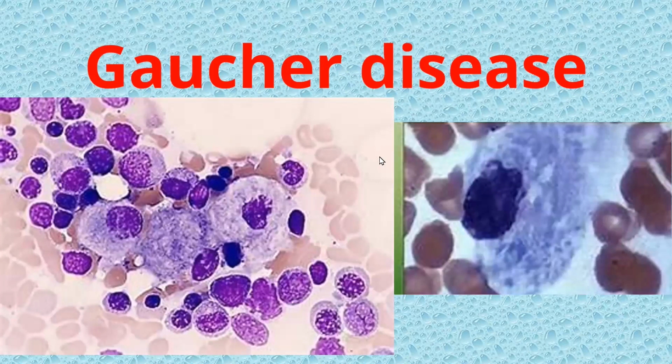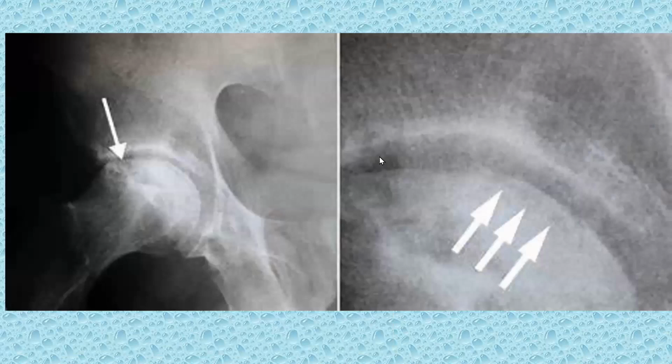If you see in this slide, you see that the cells are large, the Gaucher cells. They are larger than regular cells, larger than macrophages. So these have an accumulation of a cerebroside, which is causing the disease. Through its pressure, you can have multiple diseases. This is a hip problem that we deal with quite often, and this occurs in Gaucher's disease,